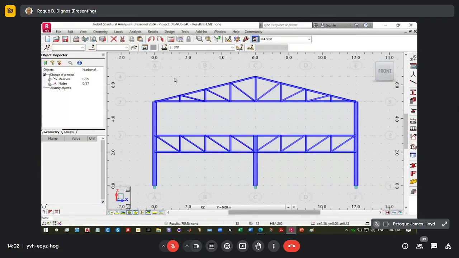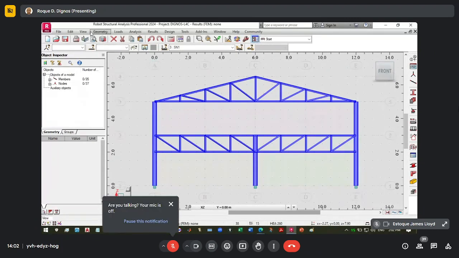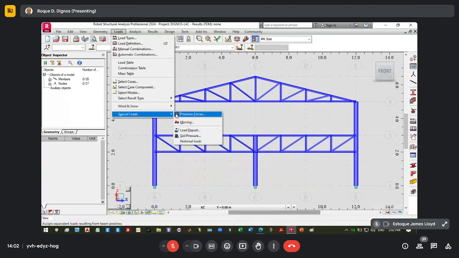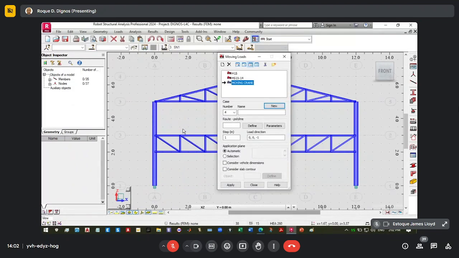So now we are ready to define our moving load. So go to loads, visual load, moving load.